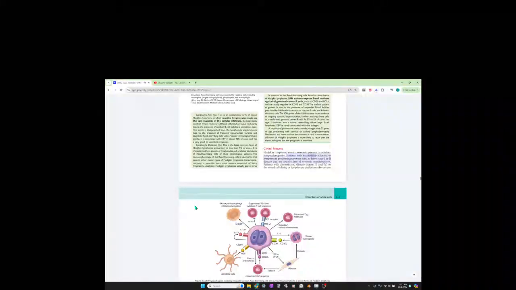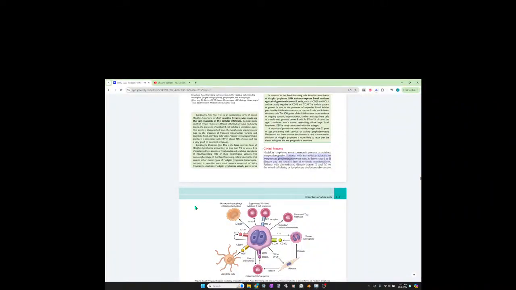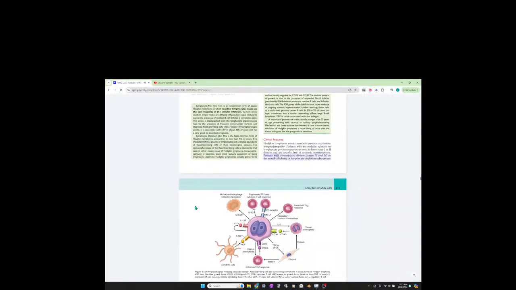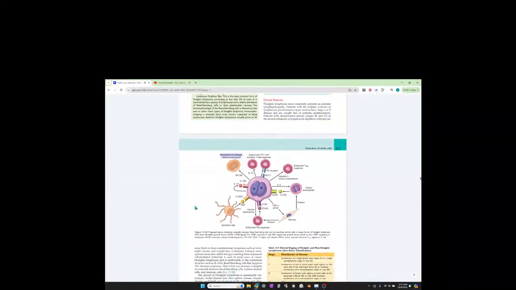Patients with the nodular sclerosis or lymphocyte predominance types tend to have stage 1 or 2 disease and are usually free of systemic manifestations. Patients with disseminated disease or the mixed cellularity or lymphocyte depletion subtypes are